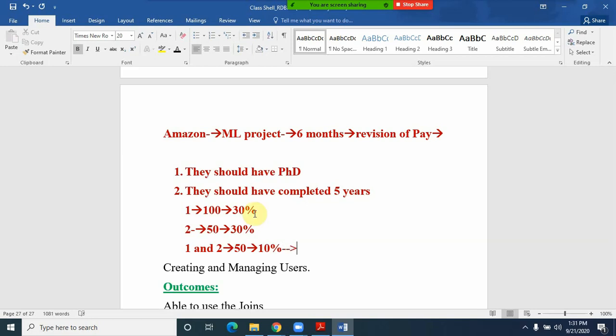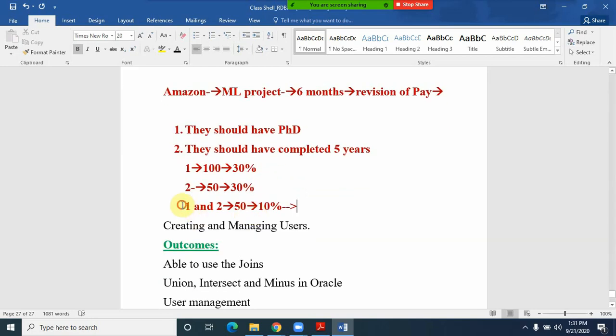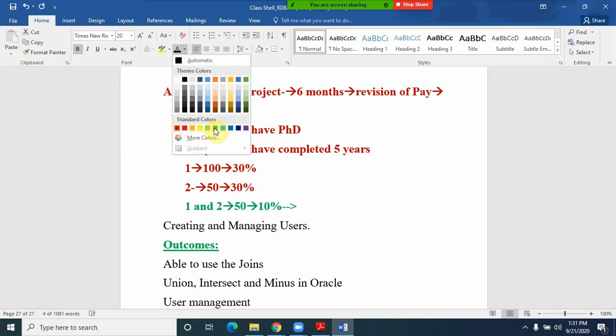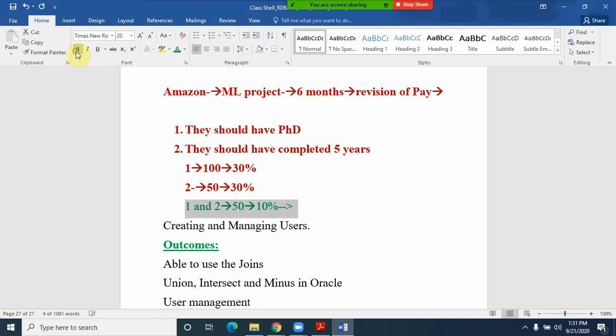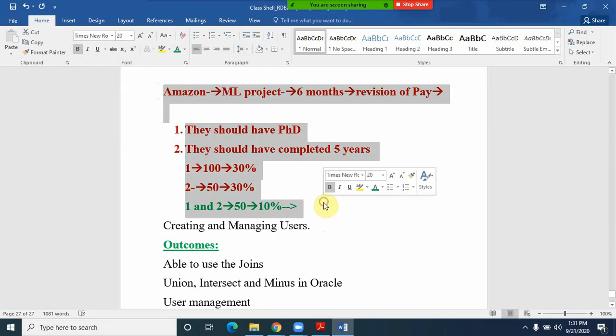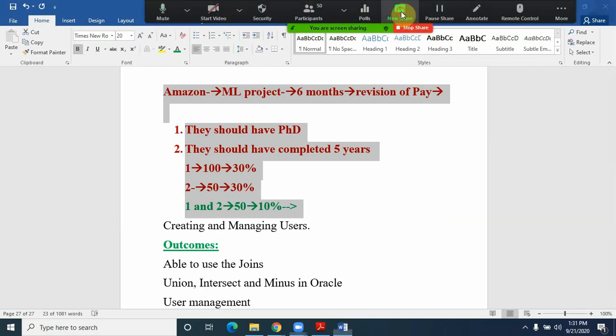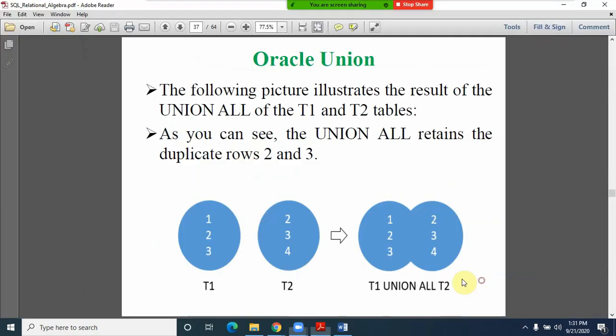So for those who are satisfied with both the conditions, if you observe this kind of thing, you can say that with the help of union all we can fetch that information, friends, even though it is repeated, because the situation is like that. They want to highlight, they want to give the double benefit to the members who satisfy both the conditions. So in that particular case we can go with union all.